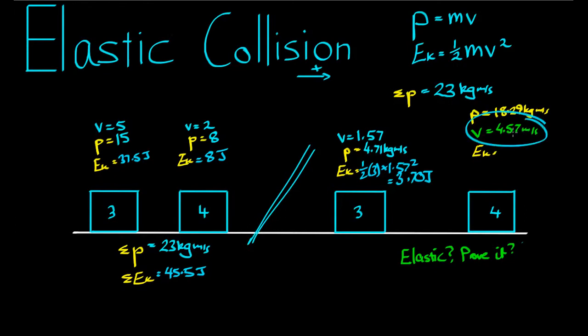High velocities tend to push the kinetic energy up quite a bit. The kinetic energy here is equal to 1/2 times 4 times 4.57 squared, which comes to, I have around about 41.77 joules. If we add both of these together, 41.77 plus 3.70, we get a total of, depending on the